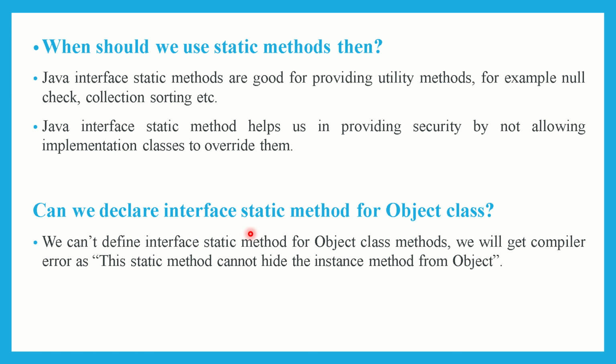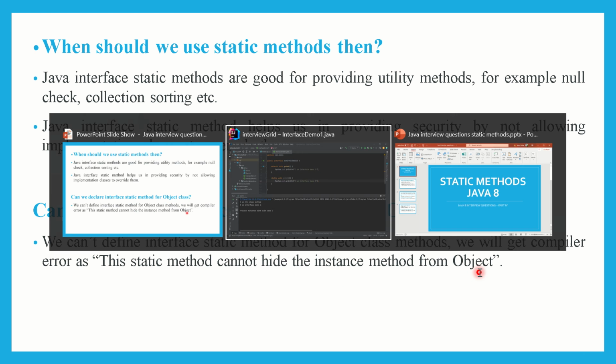Right? Can we declare an interface static method for the Object class? This is also a very important interview question. They ask you to trick you. We cannot define an interface static method for Object class methods. We will get a compiler error. They are asking, in static methods you can give a default implementation in an interface, so why not go ahead and override the one in the Object class and give an implementation to that, like hashCode, right? I have been asked this question. You cannot, we will get a compiler error that this static method cannot hide the instance method of Object. So if you see,